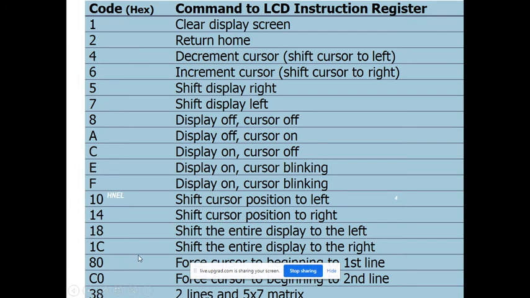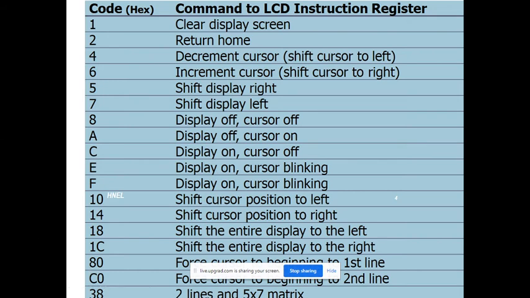Then one more important command is 80. 80 means force your cursor to the first line. Suppose you are using a two line LCD. Whether you want to display your message on the first line or the second line is as per your choice. Suppose I want to display the message on the first line, I will give command 80. 80 means the first line, first position is selected.